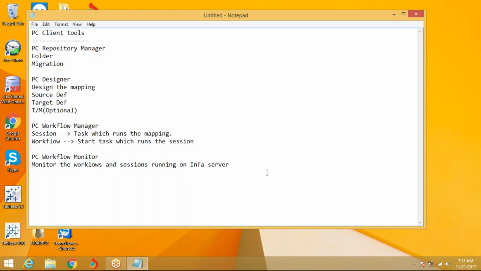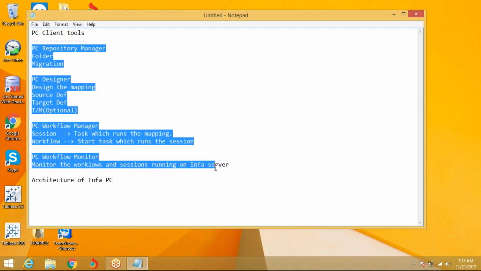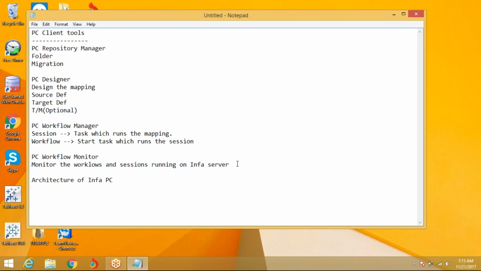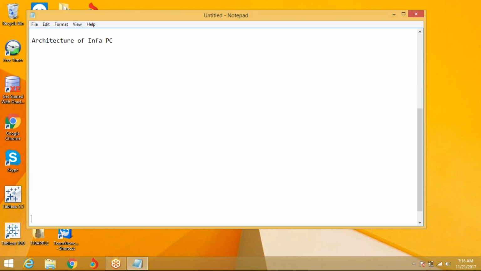Now in the current session, we'll try to understand how the architecture of Informatica Power Center is built. Now we understood that we have 4 different client tools, and each of the 4 client tools has a specific role which you can perform. Now when it comes to the architecture,